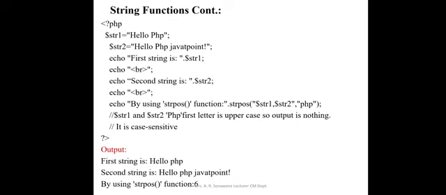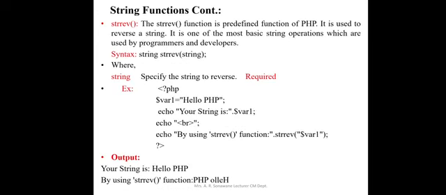So the first occurrence of the word in the including string will be denoted, or its index position will be displayed by this function. Next is strrev. This function is comparatively simpler and you have used it in previous languages also. As the name indicates, this function is responsible for reversing a string.